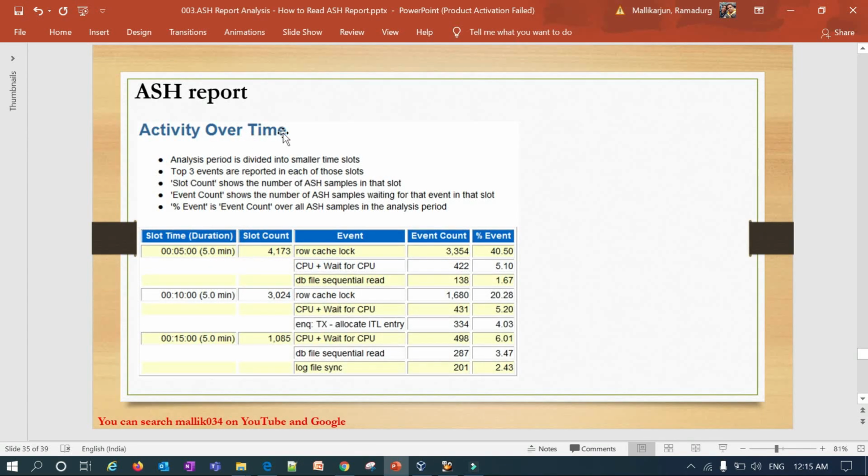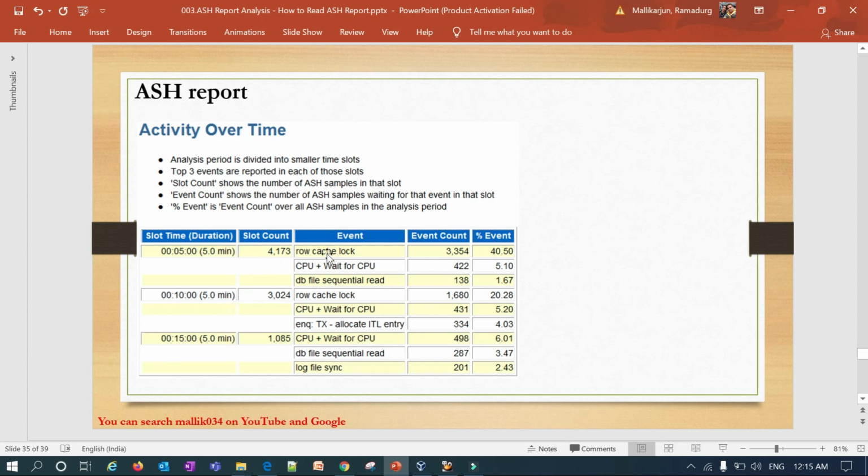And then activity over time, you can check how much time it used to take for each of those events. You can see row cache lock, and the slot count is 4173, and the slot duration is 5 minutes, approximately 5 minutes it takes.